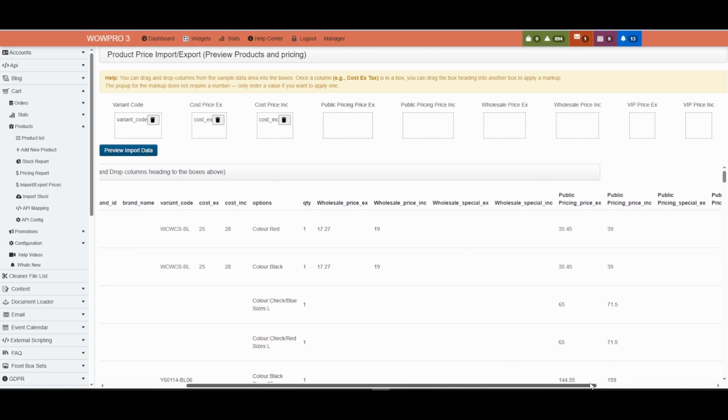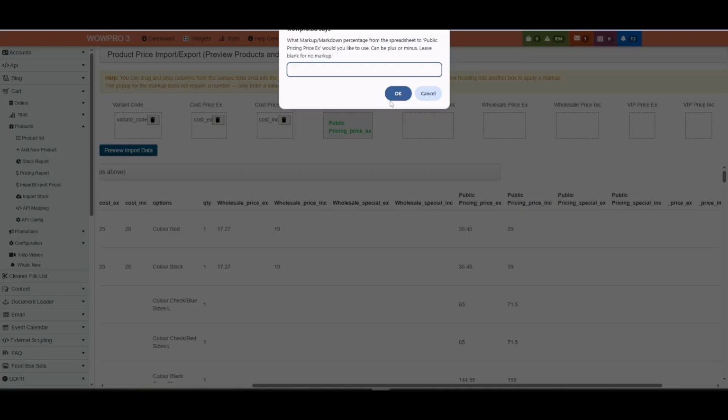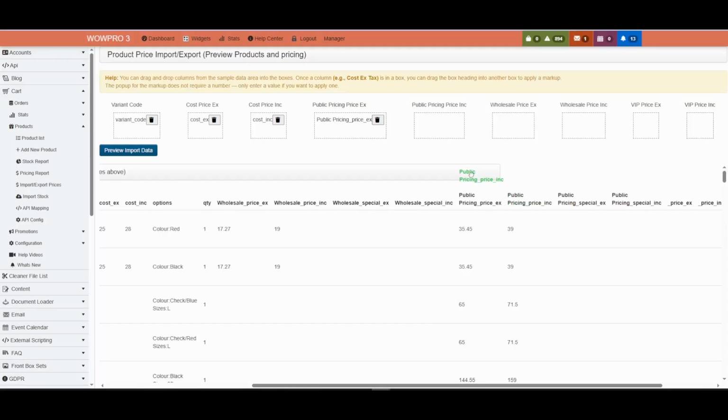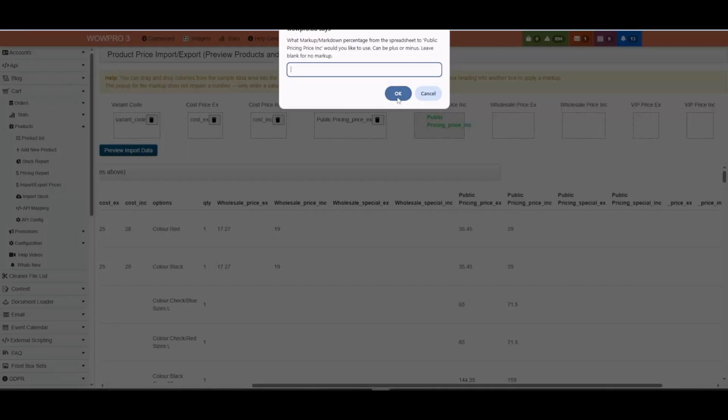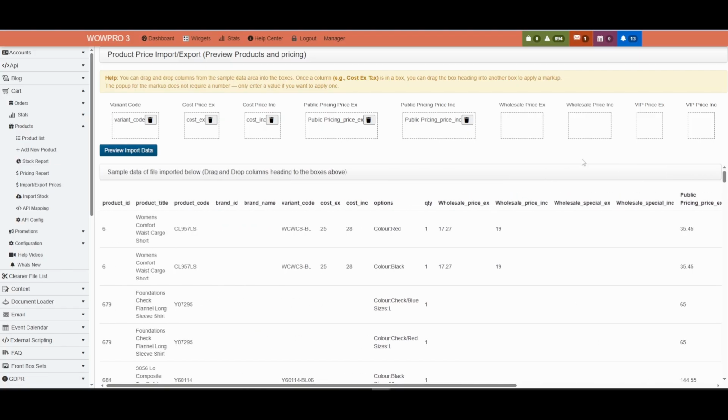So if I come over to my public pricing, do the same thing there. So none of these are going to have markups. And if you do have other pricing like wholesale, I'm not going to do wholesale for now, or VIP stuff, but if you do have columns that have got those in there as well, you can do that as well. So you just drag and drop the columns that you want in there, and then you can do a preview